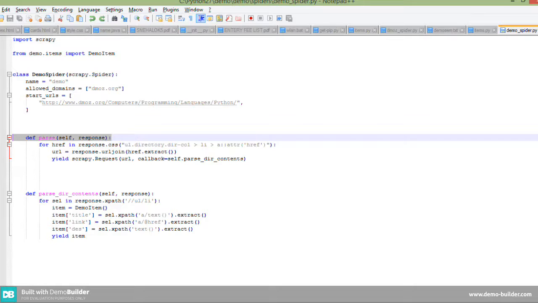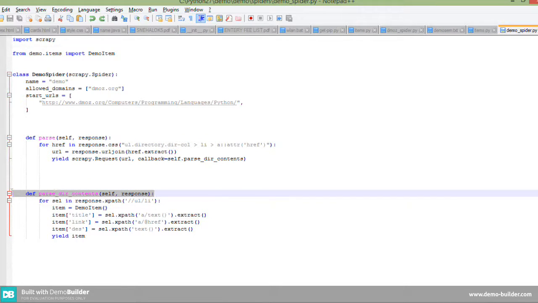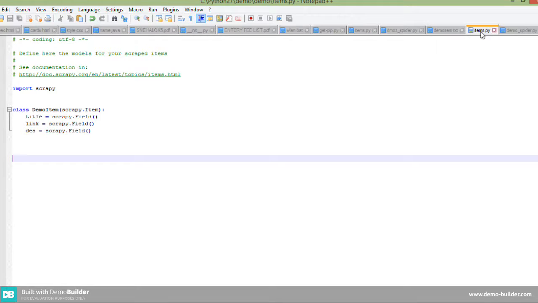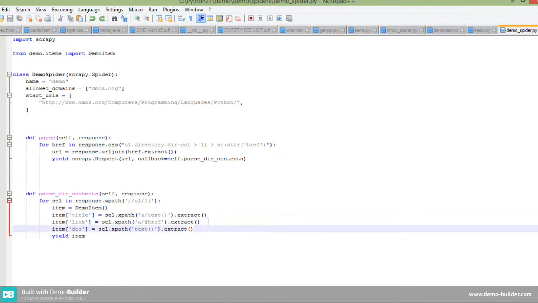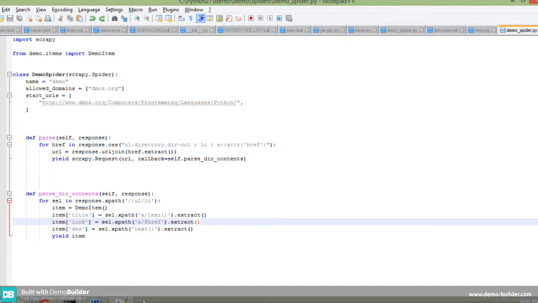And after this, parse_dir_contents means we need to parse in that link what needs to be parsed, like in item.py we selected the title, link, and description. All these three variables need to be extracted here, and this is a definition and this is the code for extracting all those things. We need to select the path of all those things, and after we need to yield that item. Okay, once again I will run the code.